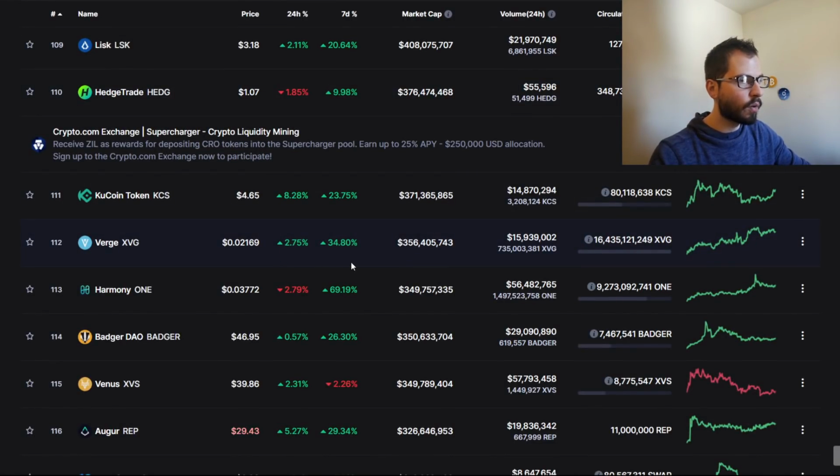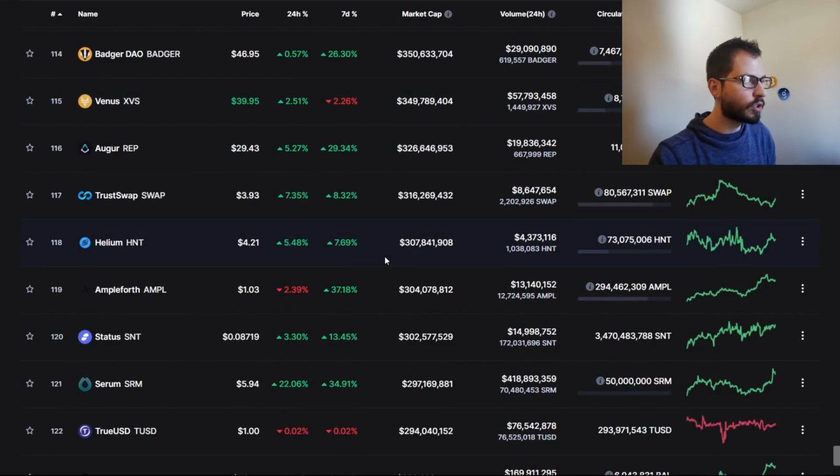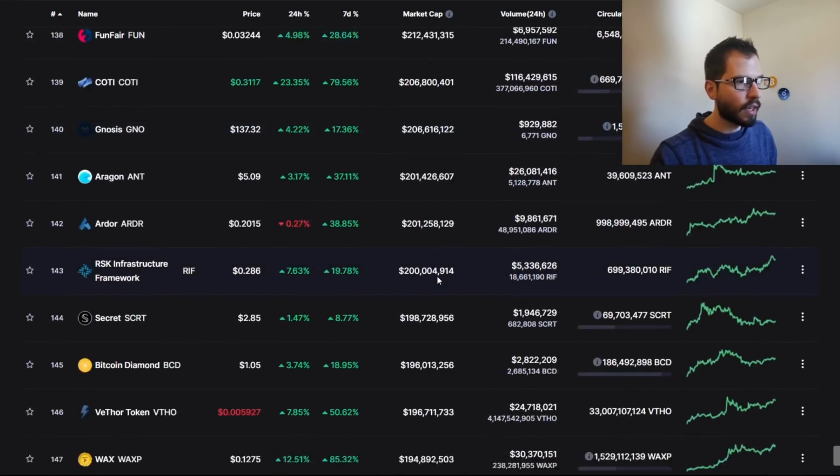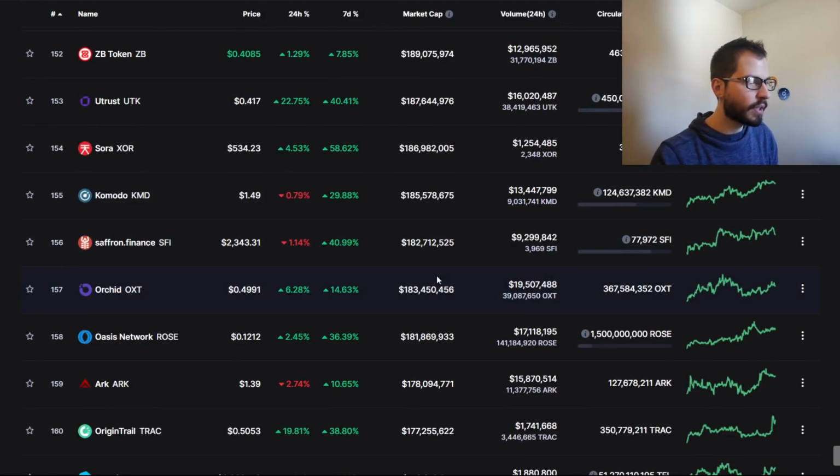Lower the market cap you go, you definitely have a lot more room to grow because there's more money to be introduced. And as we see, a lot of these coins just top 101 to 199. They're all above $100 million market cap. So if you get something down to, let's say, a $2 million market cap, which I did